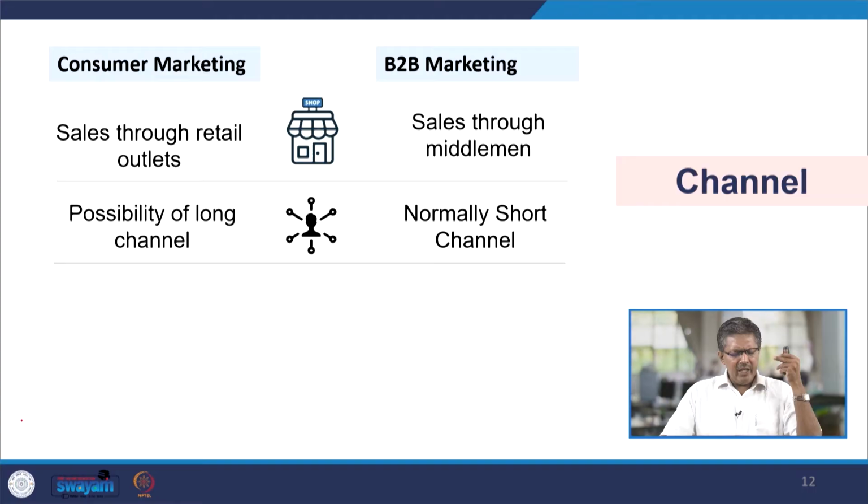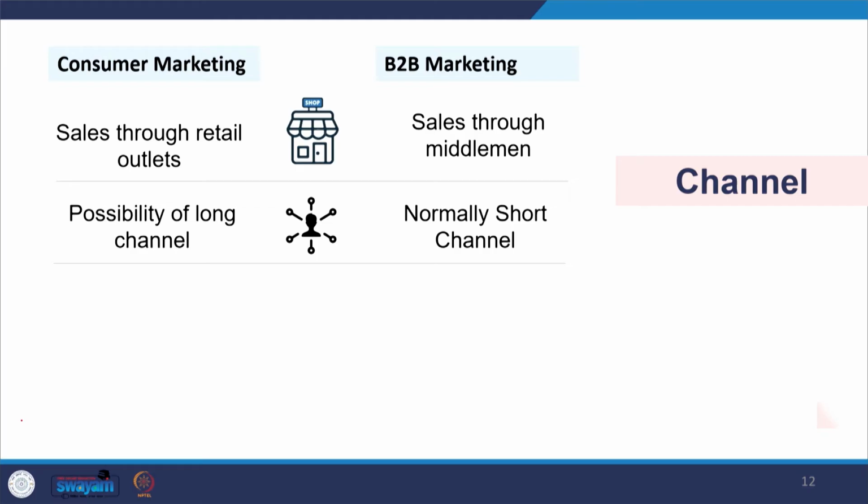Possibly a very long channel, you must have seen that in a consumer market, for example, the manufacturers are at one end and the end consumers at the other end, and there are 3 to 4 people involved in between: the retailer, wholesaler, distributor, all these people. But in the B2B market, there is a very short channel. What is the simple reason behind it? You can't have a long channel in the B2B market, because